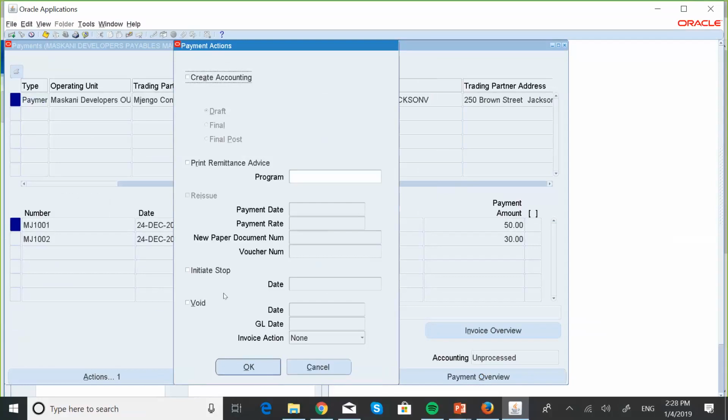All right. When you void a payment, what happens? It's as if you never made that payment. You can also select what you want to do with the invoices. So if you leave this as none,